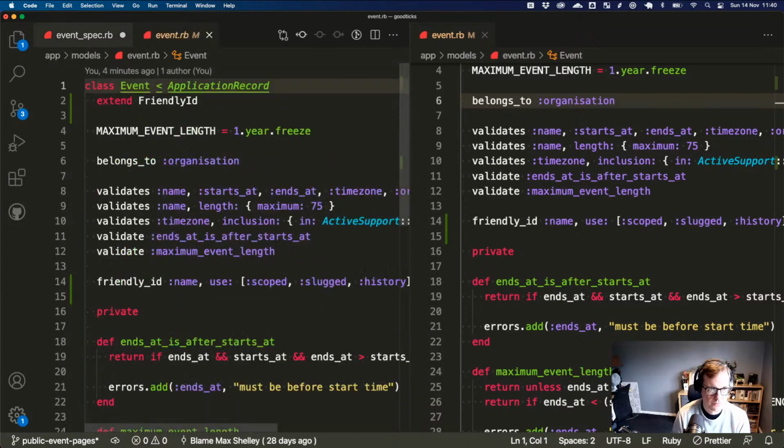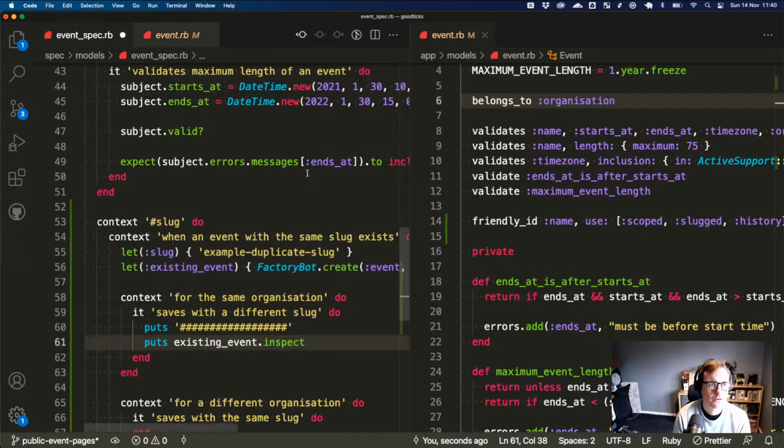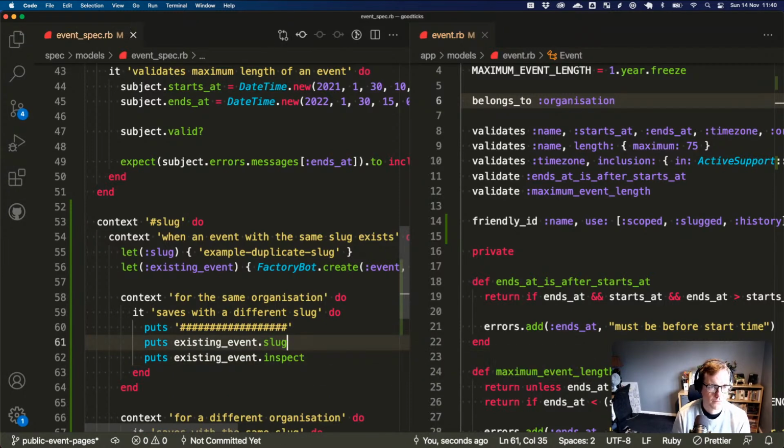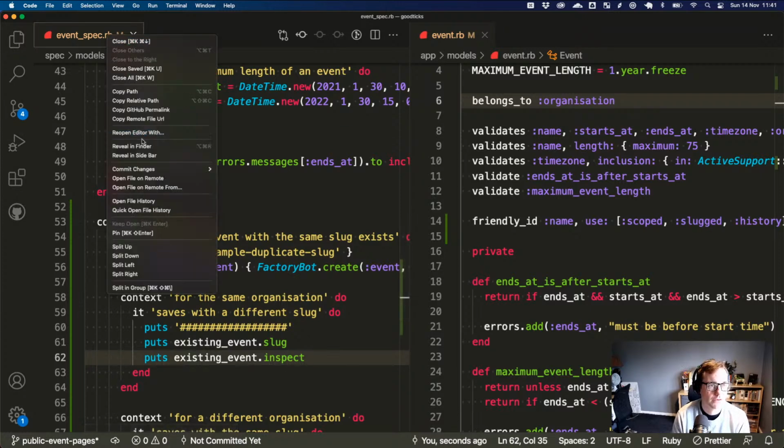But then we also, what did I just do? No. Oh, I didn't mean to do that. So we can view it, but we also just want to view its slug. No idea if that's going to work. Okay, so let's try and run this for line 59 and just see if we get any kind of output at all.